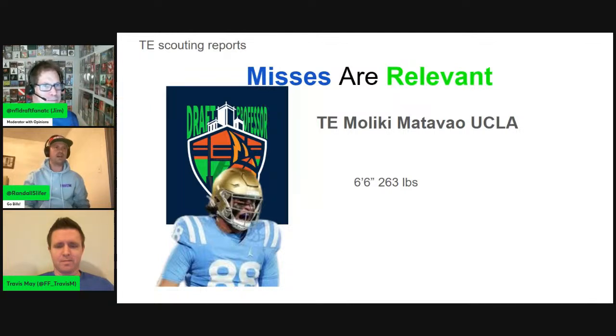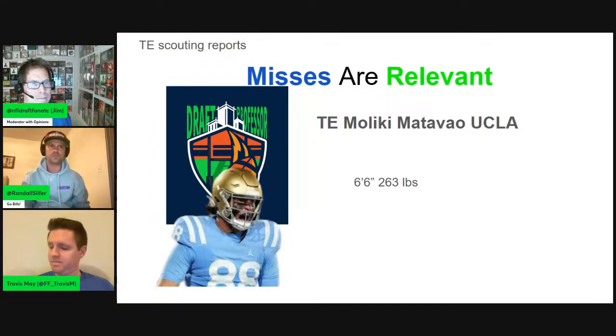Yeah, UCLA, 6'6", 263. He was a 4-star prospect, turned into a 3-star transfer, started at Oregon, went over to UCLA. I believe one of his teammates from Oregon got him over to UCLA. He also did have an offer before he chose Oregon first, so it was an easy choice for him. He's had a couple good 100-yard games against Rutgers and Fresno State. 8 catches on 11 targets, Rutgers being 6 catches on 6 targets for over 100 yards.